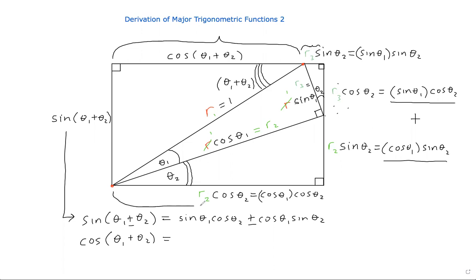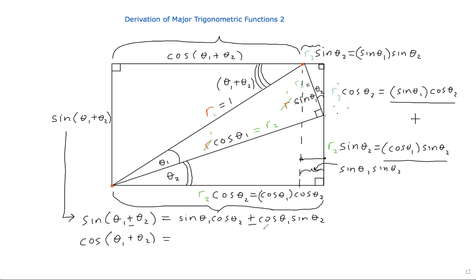So we know the length of this side, okay? So if we know the length of this side and we subtract this part, this length, which is equal to, again, this part between here and here is equal to sine of theta 1 times sine of theta